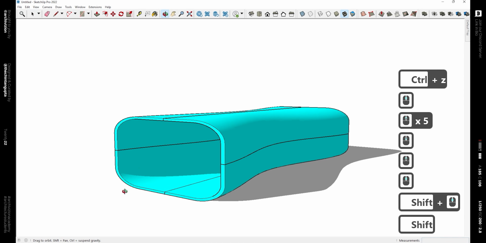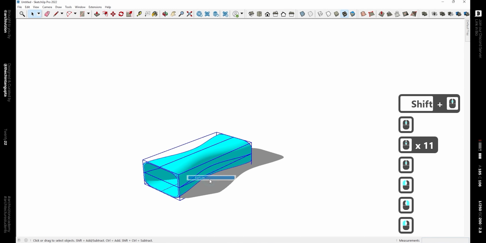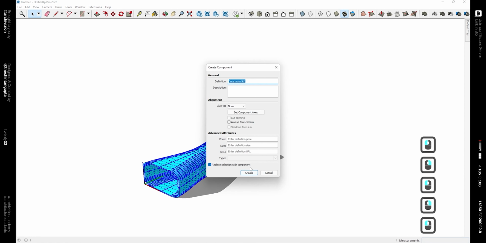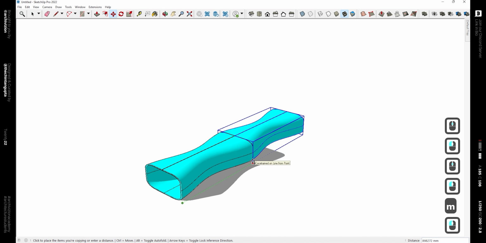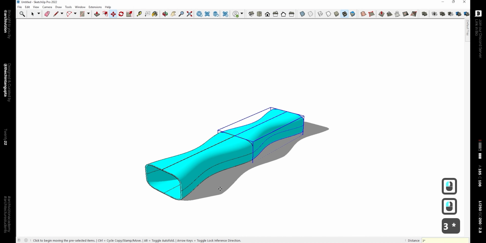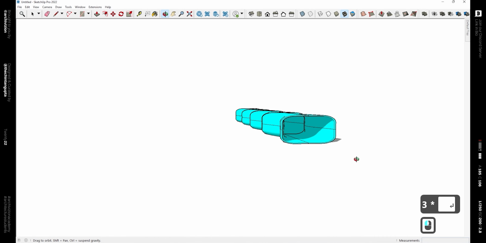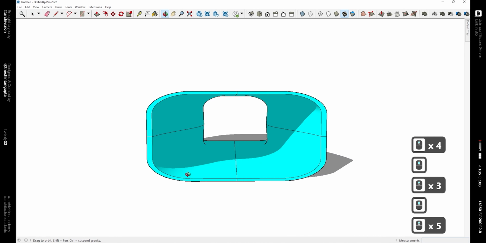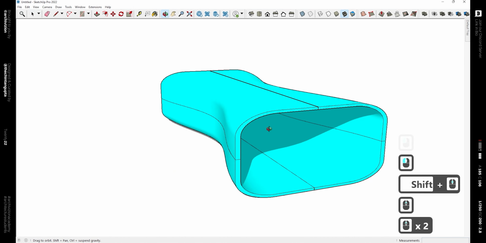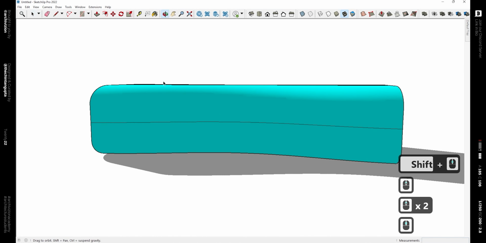Or you can drag a copy of these and place them in a row. So make that a component and drag a copy and press 3x, and you have something that looks like a sci-fi tunnel. So yeah, have fun and play around with these and come up with cool design concepts,